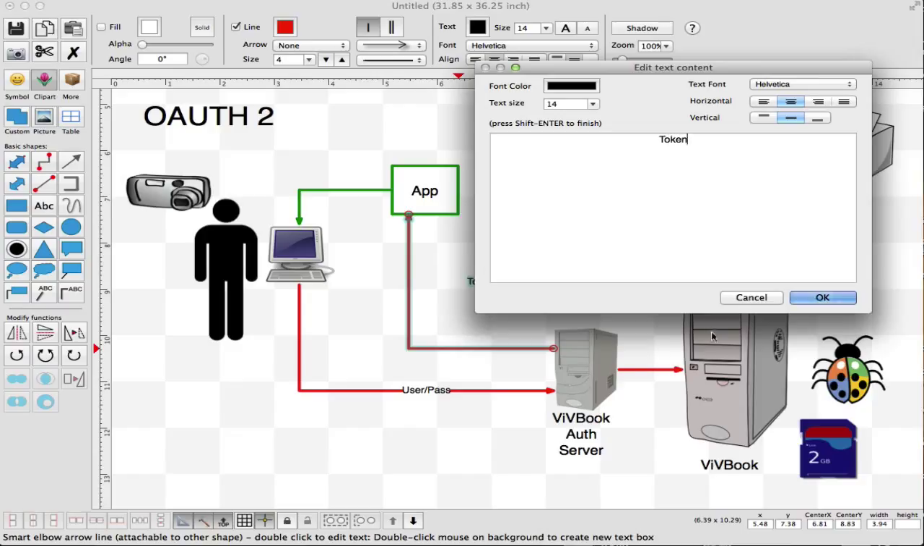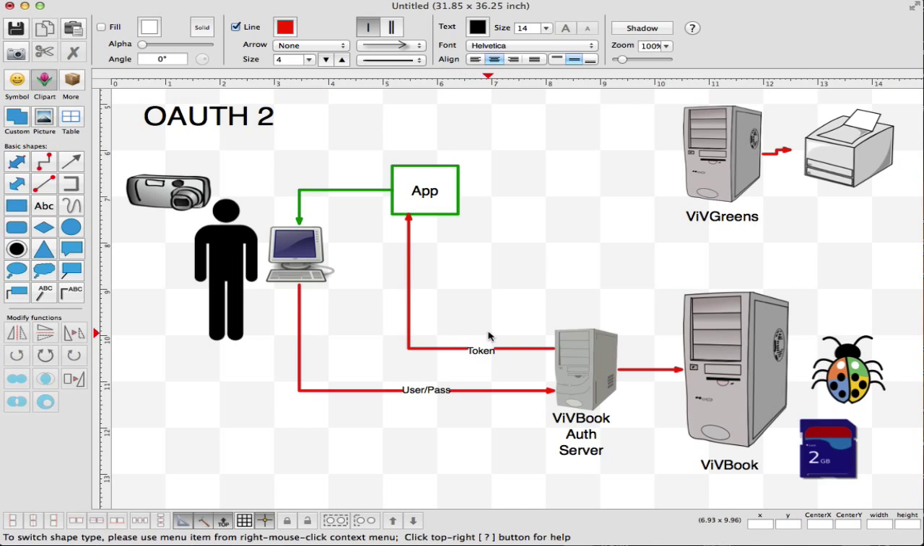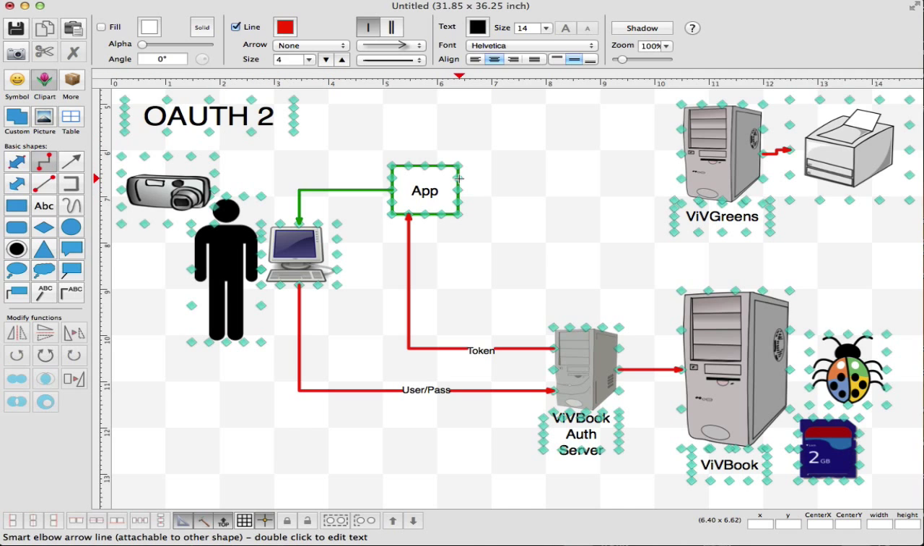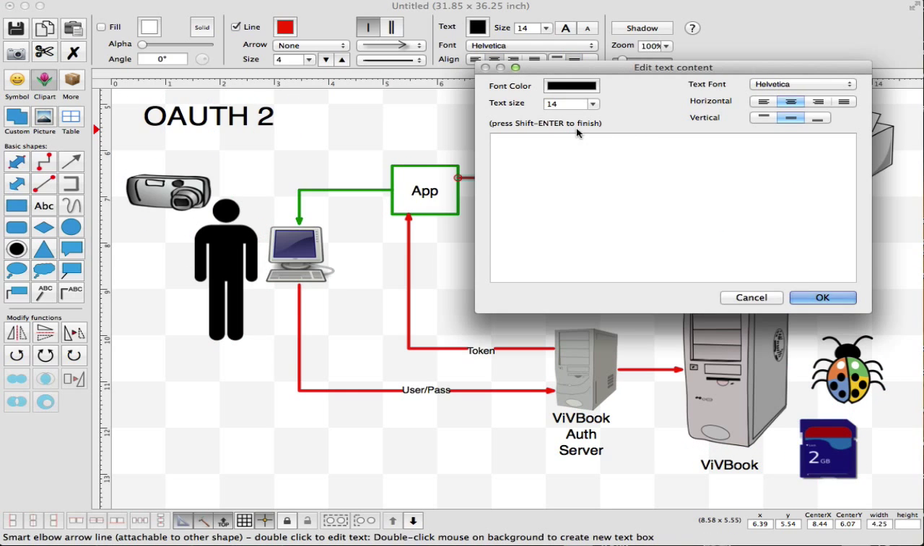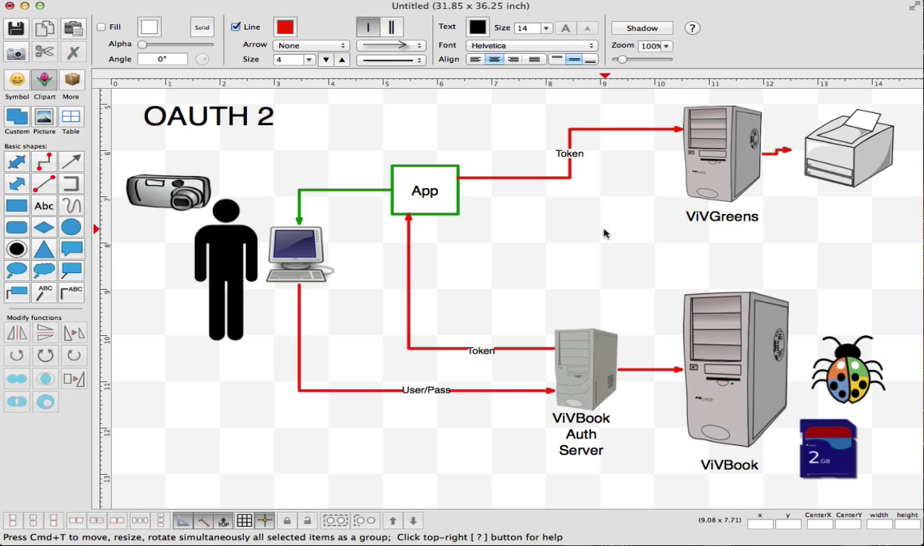A token is generated by the VivBook auth server and sent to the app. The app can then take that token, let's call it the access token, and share it with its own backend. So it sends a token over there and says, here's Viv's token. From that point onwards, whenever Viv tells the app, go print me some of my photos, whether the app lives here or inside the site,